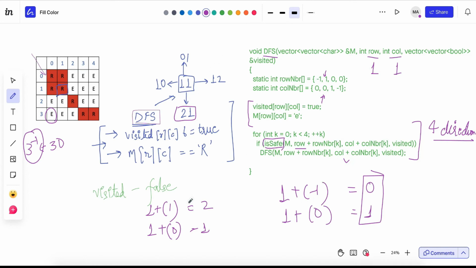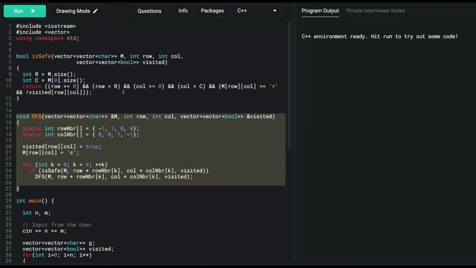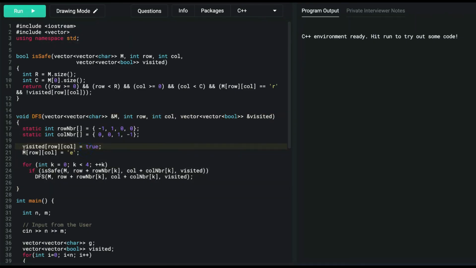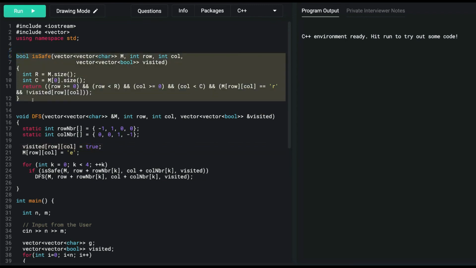So what we are doing here is basically moving from one node to another as deep as we can go, just like using DFS, and we backtrack when we are not allowed to move in any direction. We'll be repeatedly calling this DFS, and we backtrack when we cannot move further. How many times we call this function is the number of times we use the eraser tool. So let's look at the function as well. This is the DFS function that I explained, and let's look at this isSafe function as well.